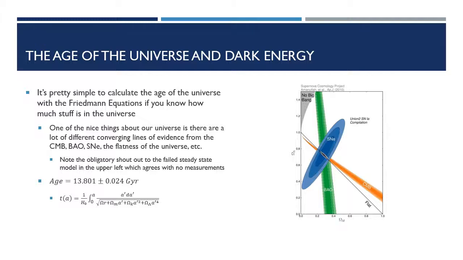And so when you combine all of these, you get a really nice measurement of the fractional energy density of matter and the fractional energy density of dark energy. As we're able to measure these more and more precisely, we get a much tighter constraint on what the actual universe is made up of. And as we do that, we can measure and calculate with more precision things like the age of the universe. So this is a really precise thing where, based upon the error bars, the age of the universe is 13.801 plus or minus 0.024 billion years old.